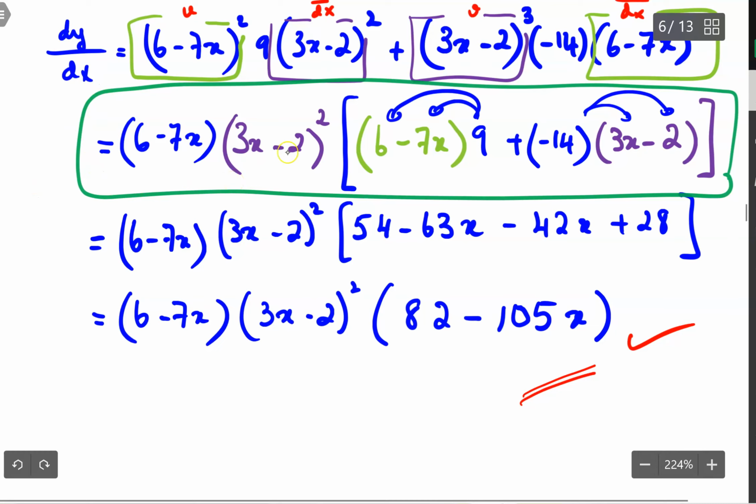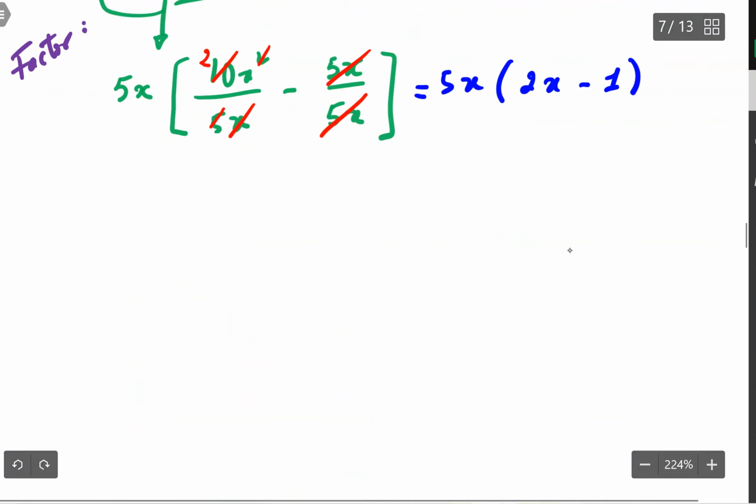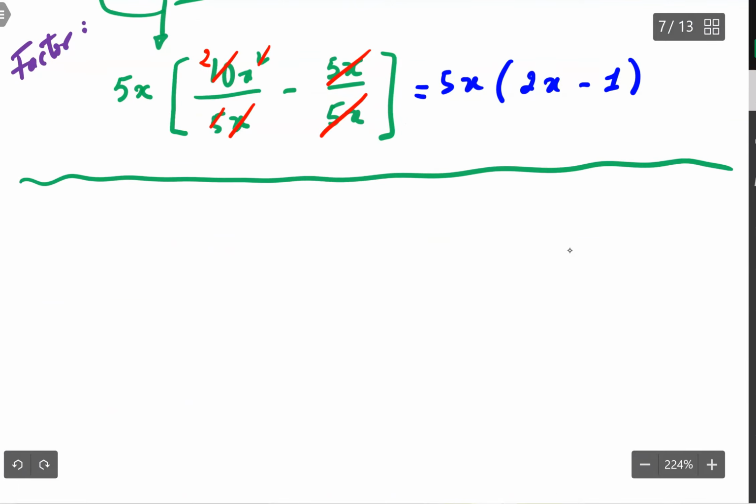I am going to take out the common factors. At the same time, what I do is I will show you why I have this left. Okay, so basically what we have is I pull out 6 minus 7x, and then I pull out 3x minus 2 as my common factor,